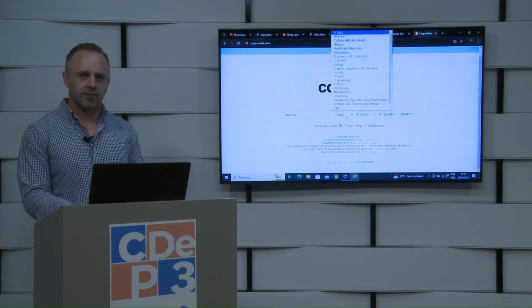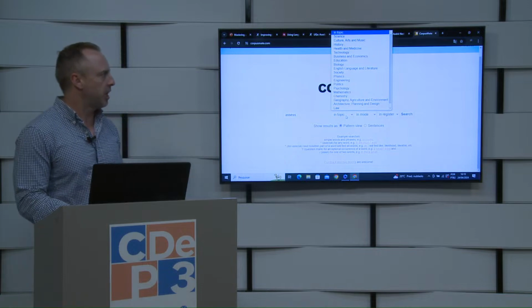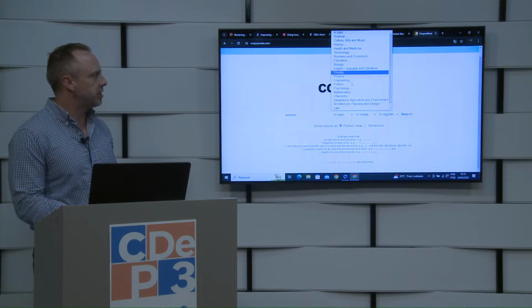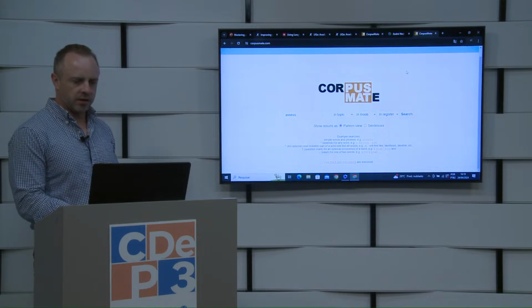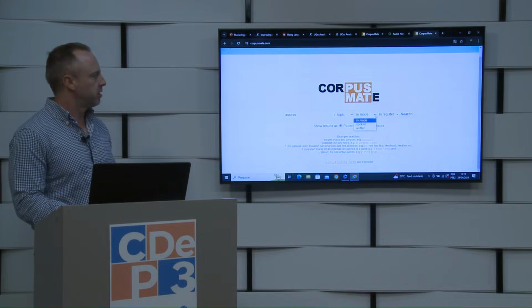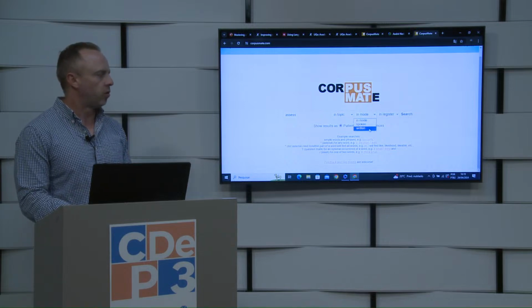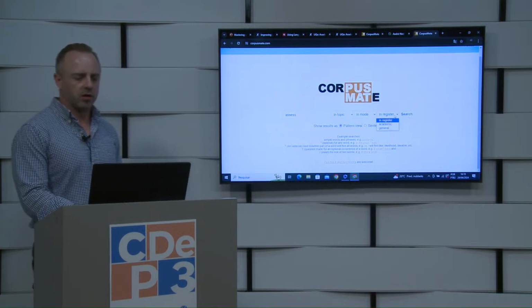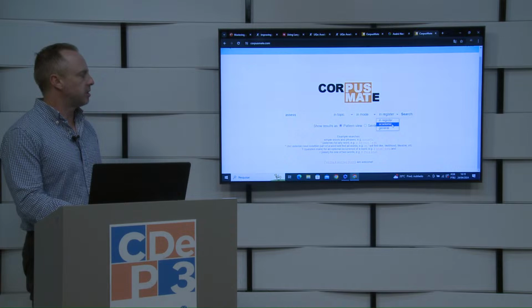I've got filters for 20 different academic subjects, including science, history, education, politics, and engineering. I can conduct searches across spoken or written registers, and I can also conduct searches across academic and general registers.